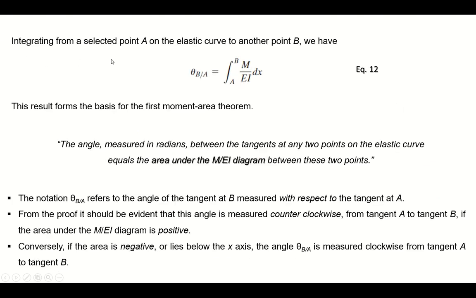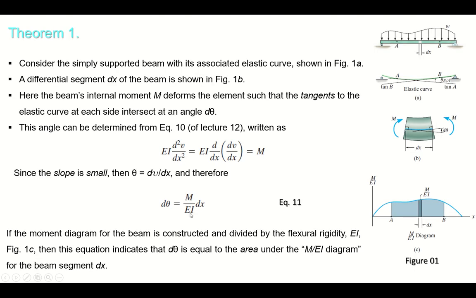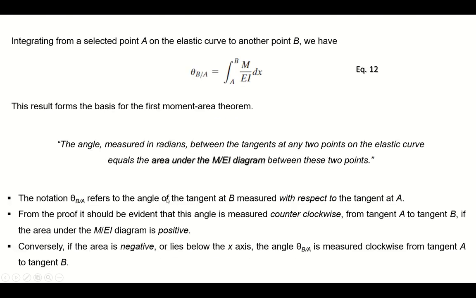So integrating from a selected point A on the elastic curve to another selected point B, we have theta B by A is equal to the integration from A to B of the same value M over EI into dx. See this M over EI into dx, and when you integrate d theta, it becomes theta. So this result forms the basis for the first moment area theorem, which says that the angle or the rotation